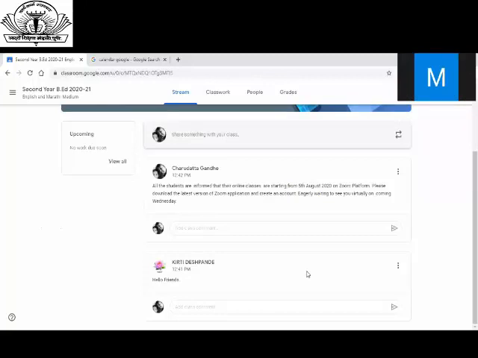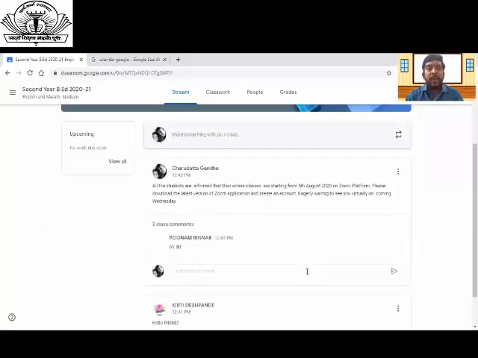We are also eagerly waiting. We don't want any classroom. We don't want any online education. Whatever you want, you can comment over here, because I have made the settings enabled to comment for students. If I disable those settings, you cannot comment on it. Only a one-way announcement will be there. I have kept the interactive announcement. Is it okay?